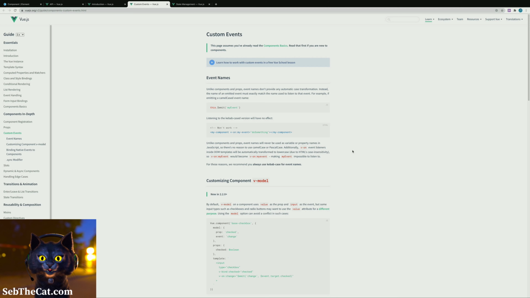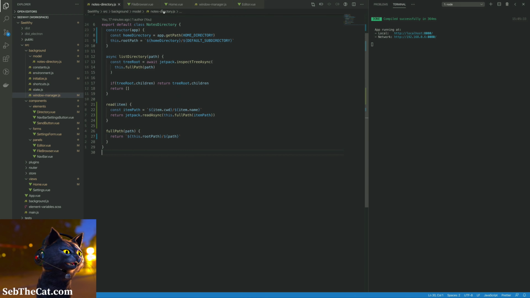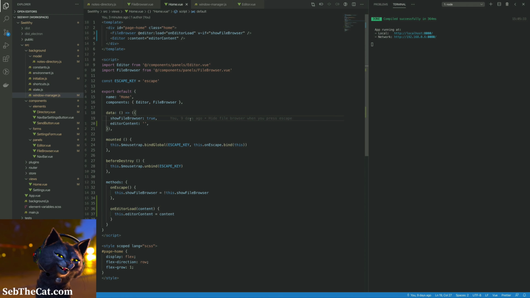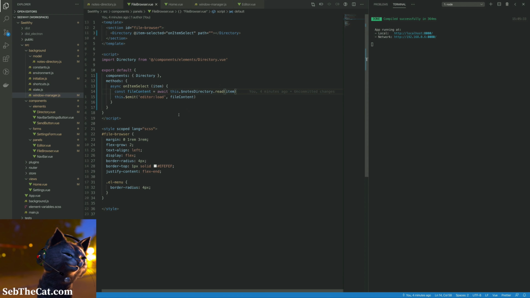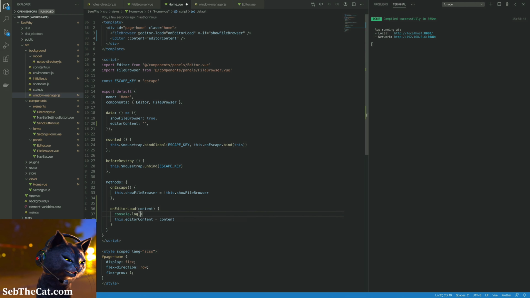Okay, so my-event. Okay, I think maybe it's my colon that I added into that. There we go. So what if we say dash instead of colon? Because we know definitely that works. Okay, so we bubble up from the file browser up to home. And here we have editor-load, on editor load, and we should probably just be console logging this for our sanity to say on editor